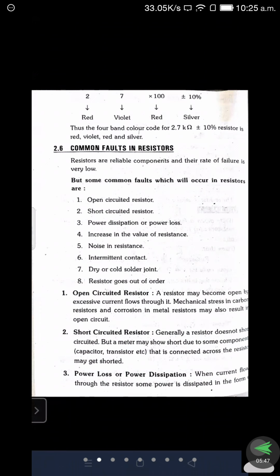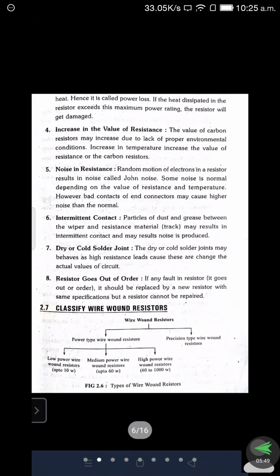Right. So today we discuss the classifications of wire wound resistors. It is one type of variable resistor. Everything we have seen so far are fixed resistors, meaning the value is fixed, and the color code indicating the value is used only for fixed resistors. So now we discuss the variable resistor.